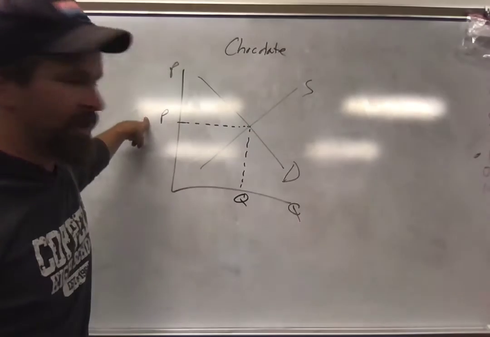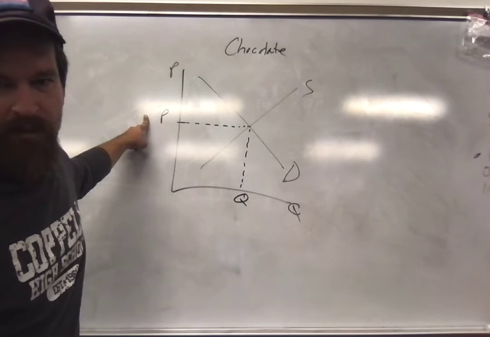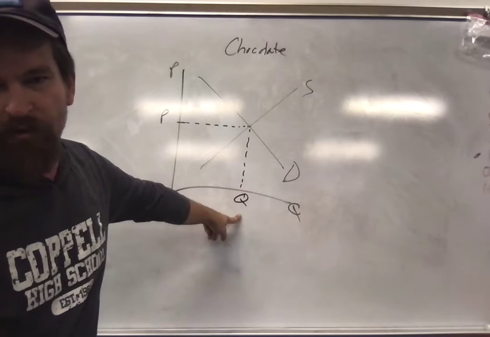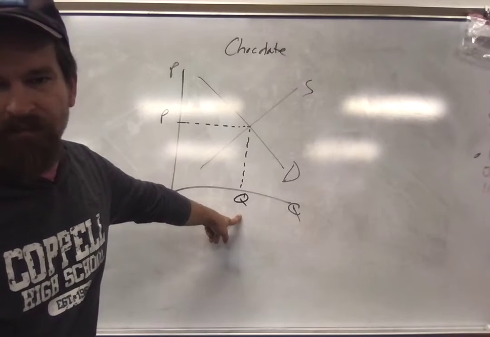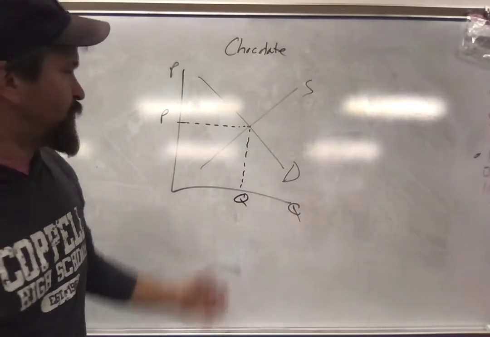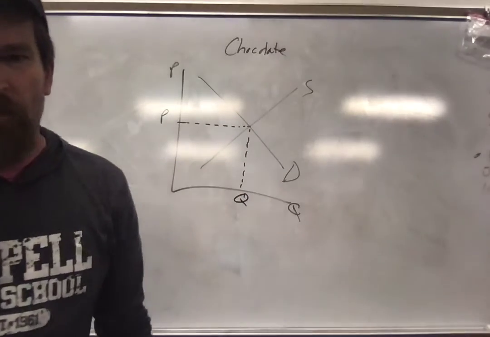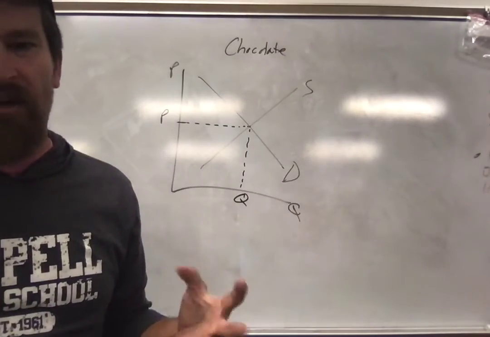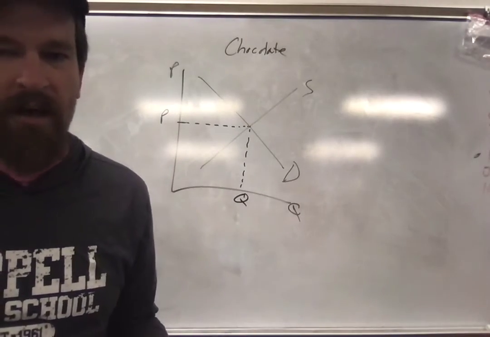This is the point at which consumers are willing and able to buy the same amount of products that producers are willing and able to sell. All right, both consumers and producers are benefiting now. There's our baseline. Now we can start to assess the impact of what's going on in each economic situation or